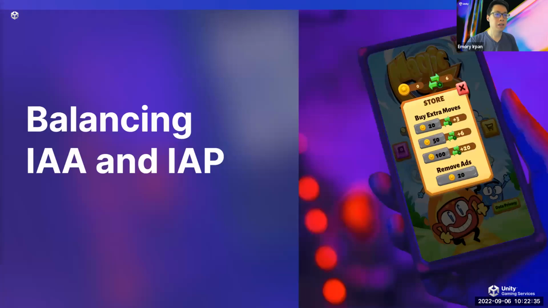Great. Thanks, Kristen. So every mobile developer knows that in-app purchases are key to monetization. With nearly every mobile title being free to play these days, developers need to have microtransactions in their game to actually earn revenue. But in-app advertising is just as important as in-app purchases for overall app monetization, especially if your game falls into certain genres where players are much less likely to purchase something. Let's take a look at the numbers.